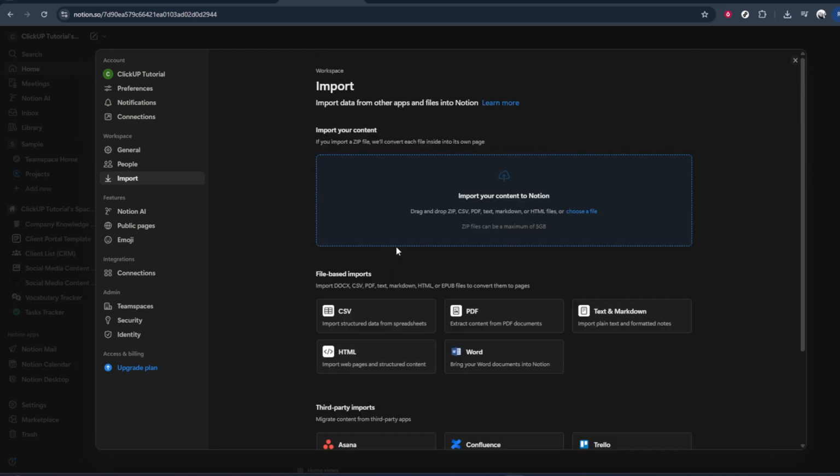Remember, every part of the imported template is now yours to edit. You can tweak the design, adjust databases, or delete anything you don't need without affecting the original template online. And that's all it takes. Click on Settings, click Import, wait a moment,